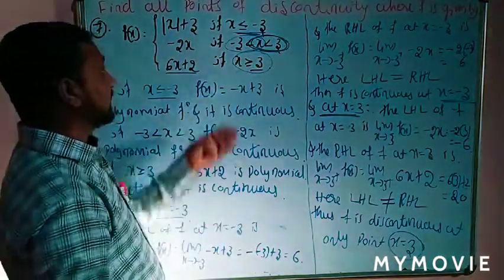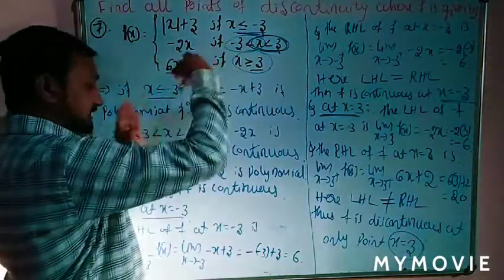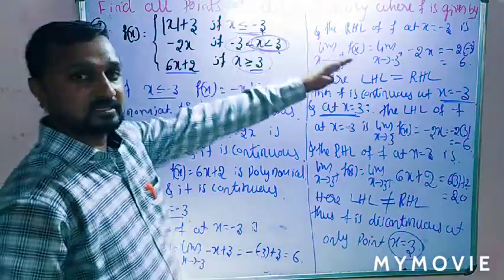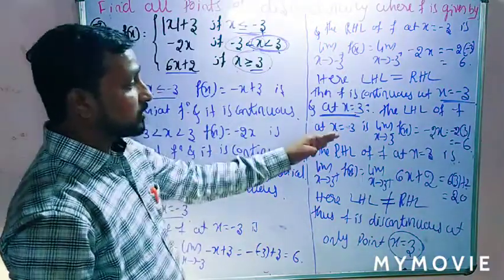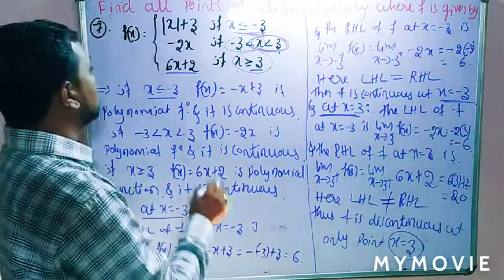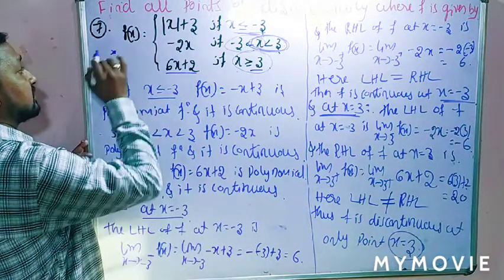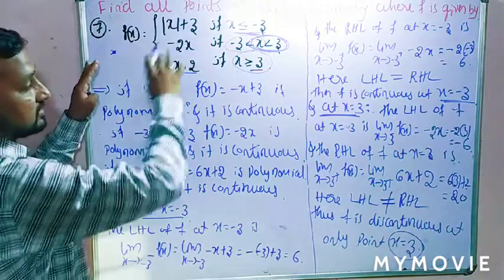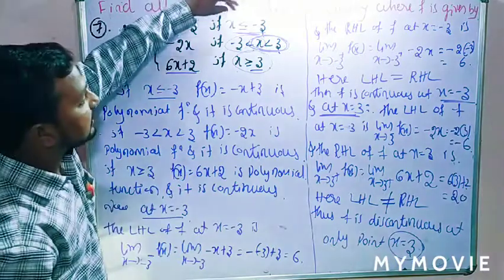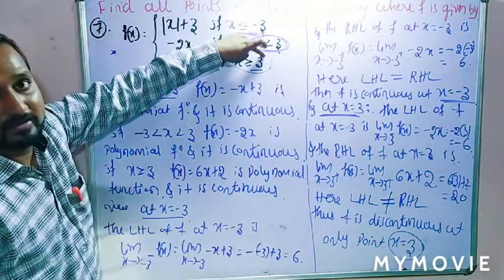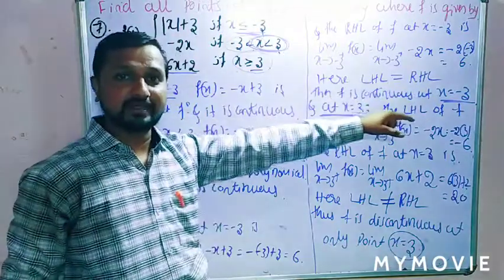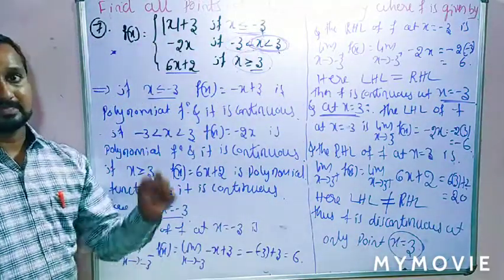It is clear that these are the conditions. Under these conditions also the function is continuous at x equal to minus 3, and at x equal to plus 3 the function is discontinuous. Clear that? More examples of this type will come in the next class. This is the procedure, the same procedure. There are 3 points, minus 3 and plus 3. We check at x equal to minus 3 and at x equal to 3. Clear that? So write down this example, students. Okay.